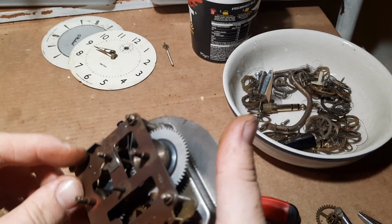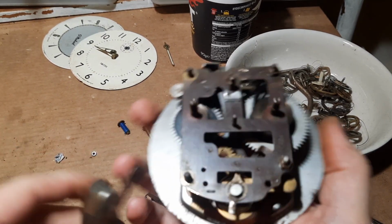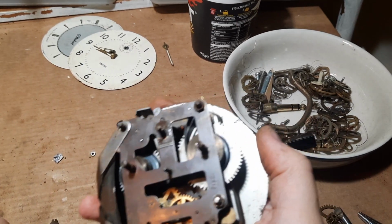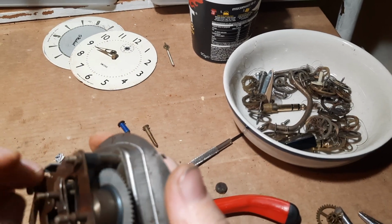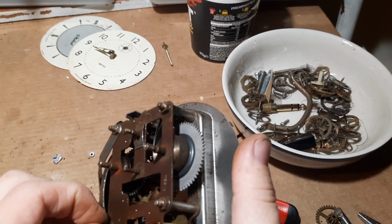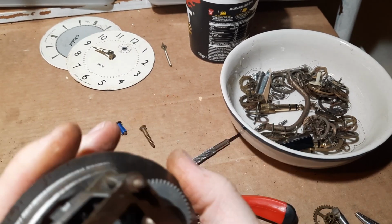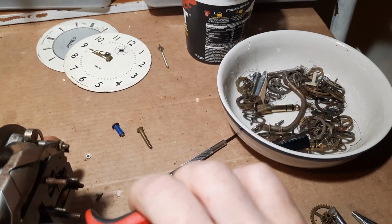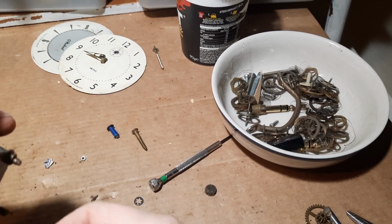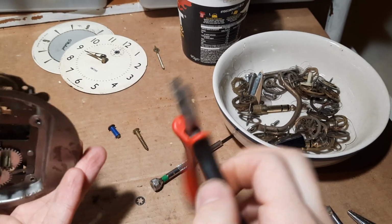The older bells, you don't need to undo the nuts all the way, but these 1950s ones, 1960s ones, you do. Those washers on the other side make it the same spacing, so it doesn't sit crooked in the case, because the bell mounting has a thickness to it. I think by changing the bell mounting to have it riveted under the front plate, they managed to save all those washers, although I much prefer it with the removable bell, because the later ones, like the donor movement we got over there, you can't remove the bell, so I just like the ability to take stuff apart fully. So I'm just going to undo this a tiny bit,